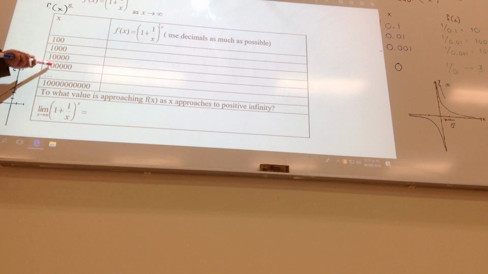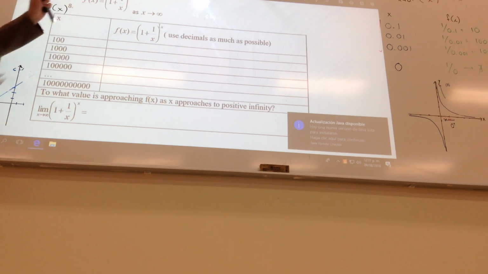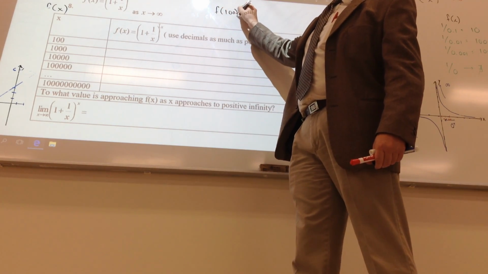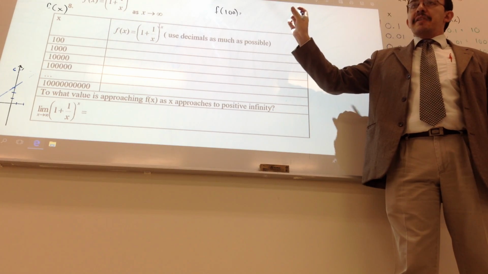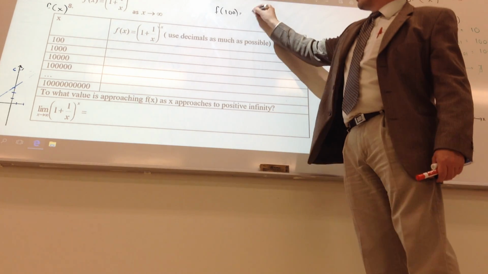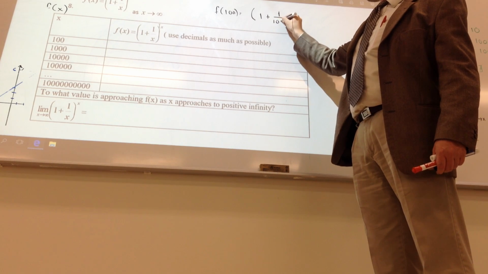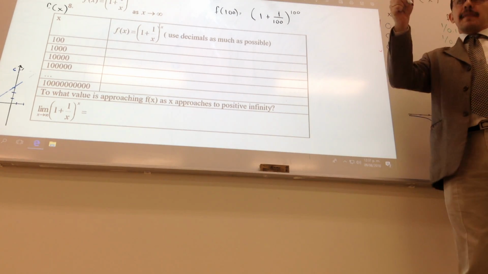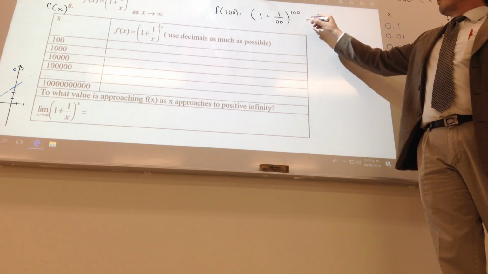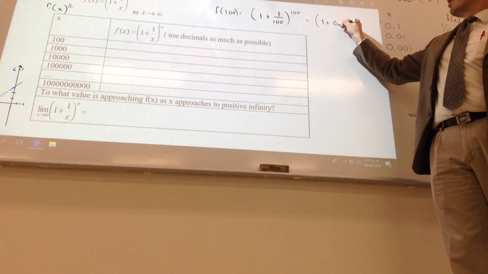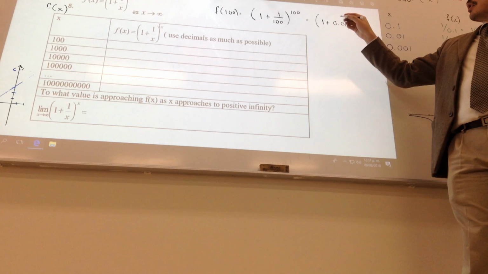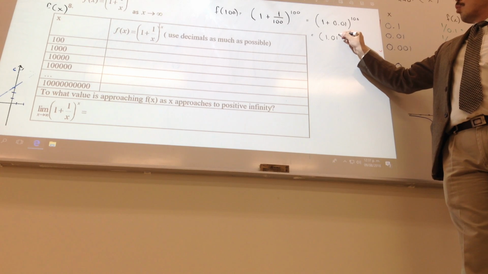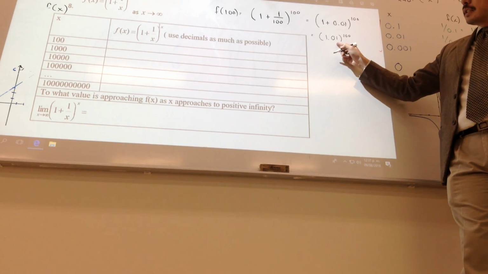Okay? So how do I do this? How do I evaluate this in my function? Well, for example, the first one. I want to evaluate f of 100. What does that mean? That I'm going to put 100 instead of x. So it's going to be 1 plus 1 over 100 raised to the 100. If I do it step by step, 1 plus 1 over 100 is 0.01. How do I know that? With the calculator. Raised to the 100. This is 1.01 to the 100, and the answer to this, what you said,